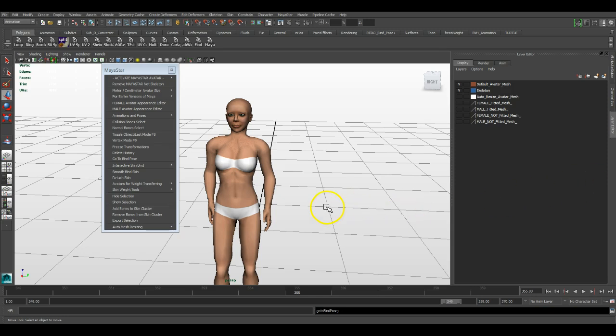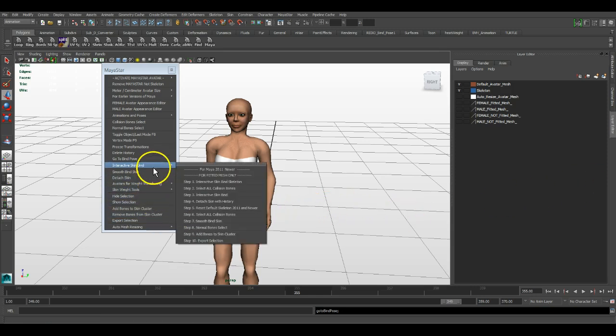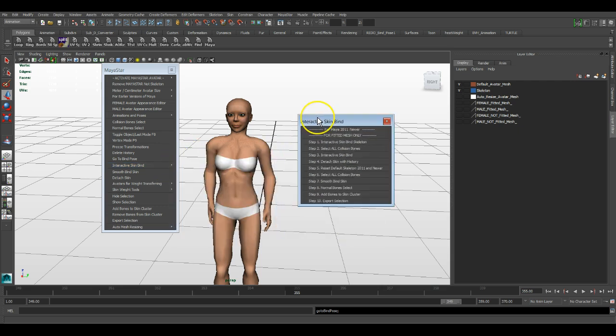Okay, this next section is the interactive skin bind section. I actually should be playing around with this a lot more, because when I originally wrote the interactive skin bind section, I didn't have a version of Maya that had interactive skin bind. Now that I do, I really need to go through it and learn how to do it myself a lot